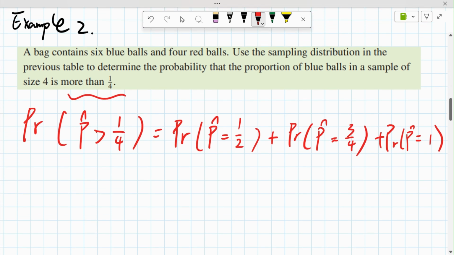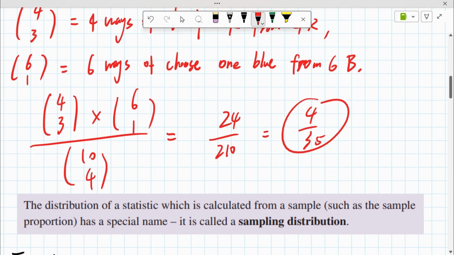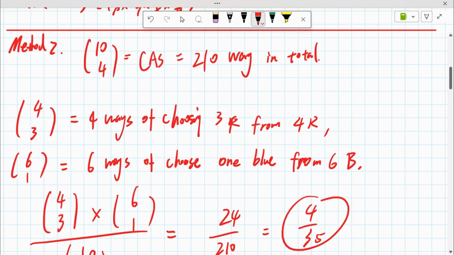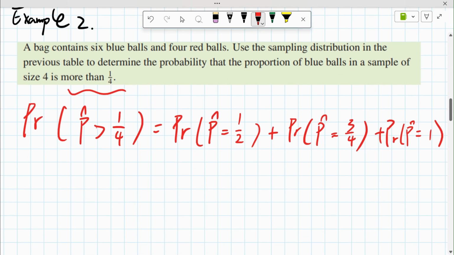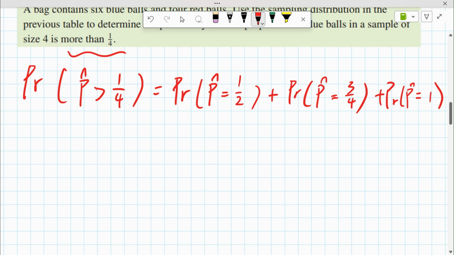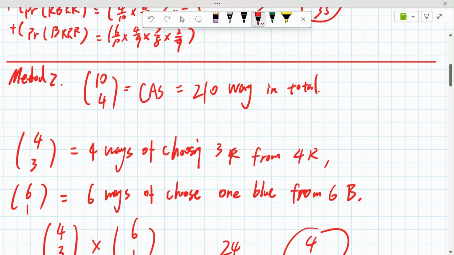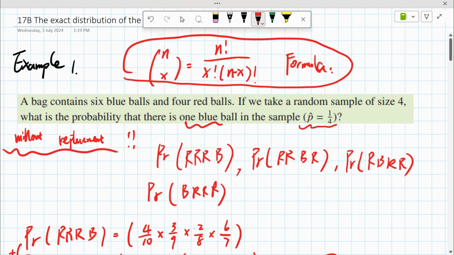How do we calculate these? We can use exactly the same ideas from your previous questions, and add them all. So if p equals half,